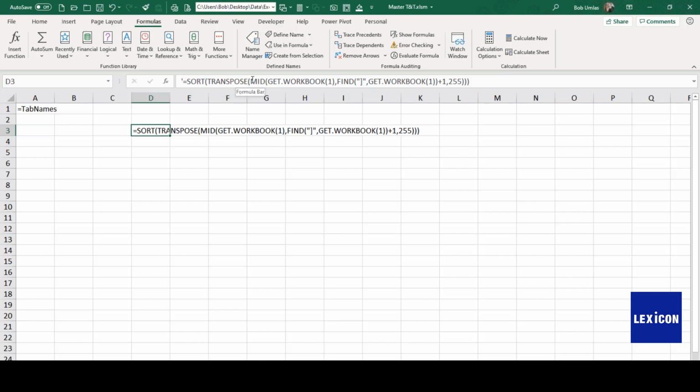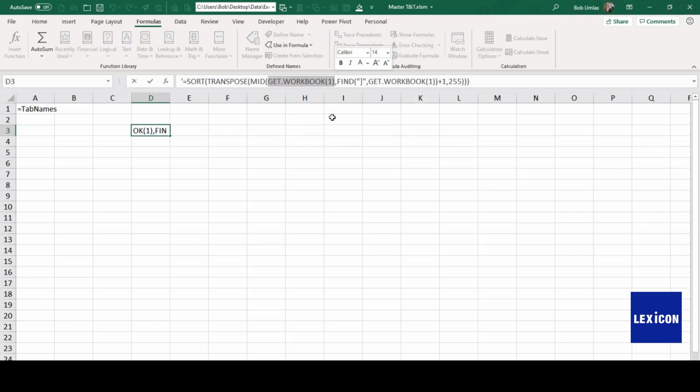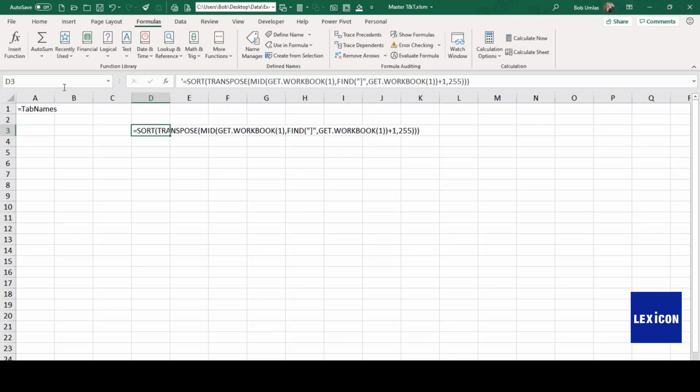Transpose of the middle of, now this is the Excel 4 find. Get workbook 1 is a list of all the tab names in the workbook. But it's also appended by the name of the workbook. So we don't want that. In there will be a find of a right bracket. Anyway, since you will have this workbook, what happens, and if you do have the dynamic arrays,